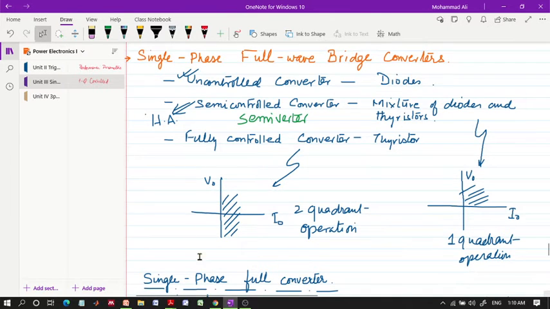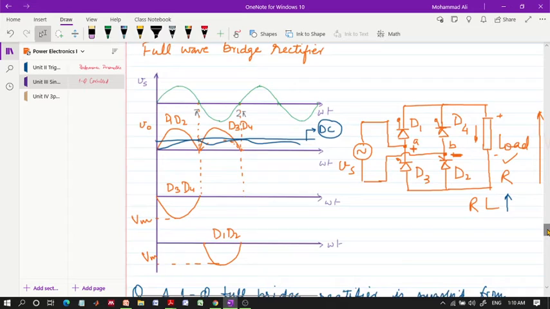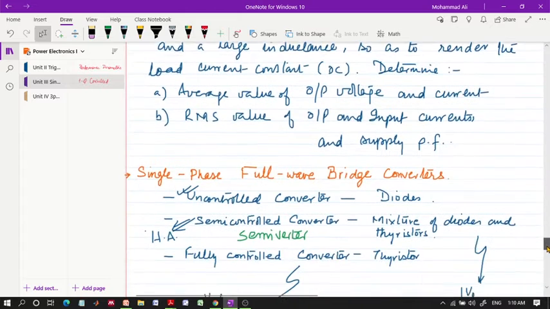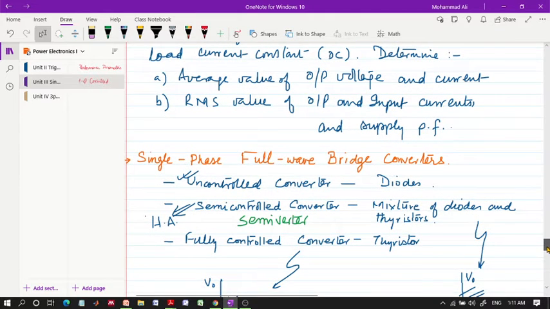So let us continue with the single phase full converter, or we are considering this. That means we are going to a bridge converter that is having four thyristors now. Earlier, as you can see over here, we used diodes just to see how this system behaves, and I just made these points of thyristors to show you what is the difference between the full bridge or full converter diode based and thyristor based.